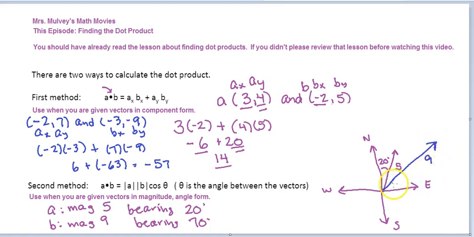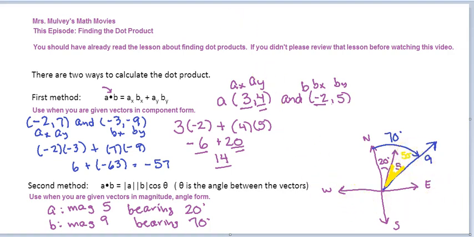And its bearing is 70 degrees. That means from due north to this vector is 70 degrees. So to find the angle between them, that's this angle right in here. Just highlight it there. That angle in there would be the 70 degrees from there to there minus the 20 degrees, or the angle between them would be